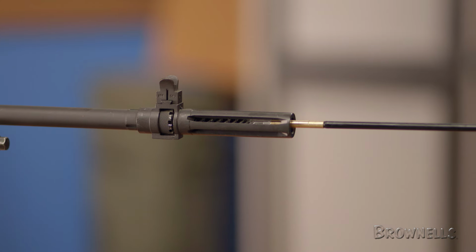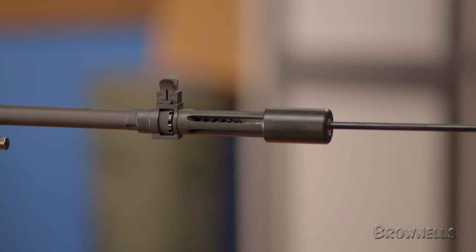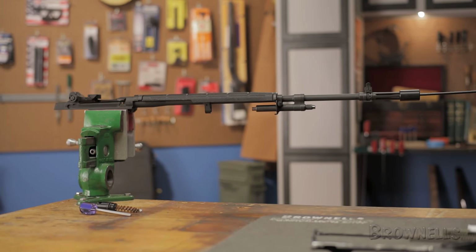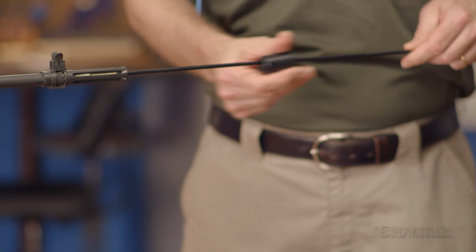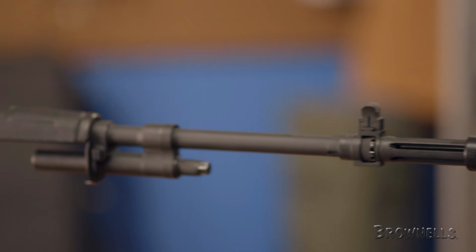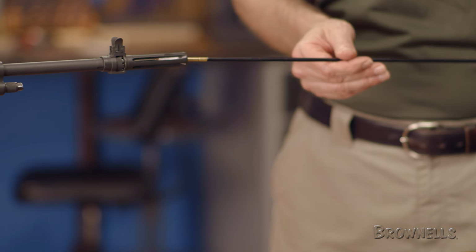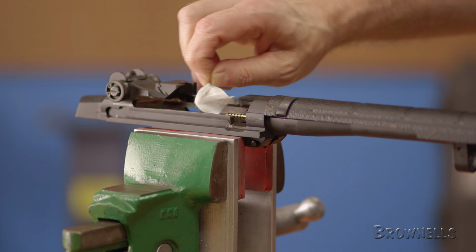Then we can switch to a brush and run it back and forth through the bore, making 10 to 15 complete strokes. Next, we'll switch back to the jag and run a few patches with a bit of solvent on them to wipe out the bore. Then we'll run a clean, dry patch through and see how it looks. If the patch shows signs of dirt, you'll want to repeat the procedure until the last of the fouling is